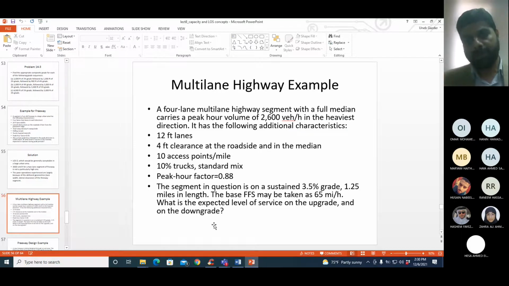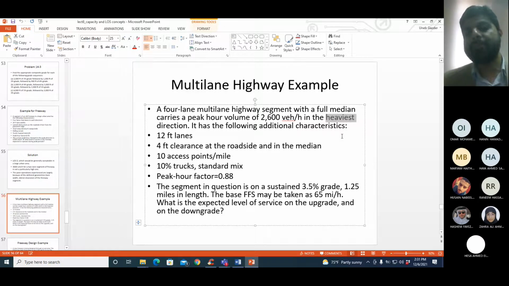Now you may argue, one highway can have both upward and downward, and we can analyze both. So when we say upward and downward, we are analyzing one direction and the other direction. Now you may argue, then why have they given me one volume? This volume is only for one direction, in the heaviest direction. Why didn't they give me two volumes then? They should have given me volume for each direction separately. The answer to that is normally